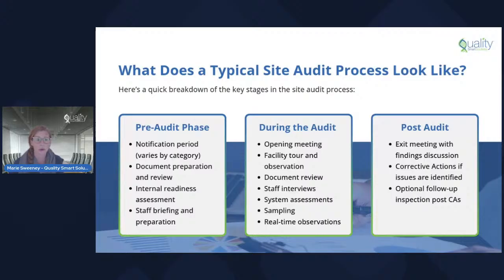Number 2 is going to be your facility tour with the inspectors. They're going to look at things like your infrastructure, conditions, cleanliness, workflow, storage. And then